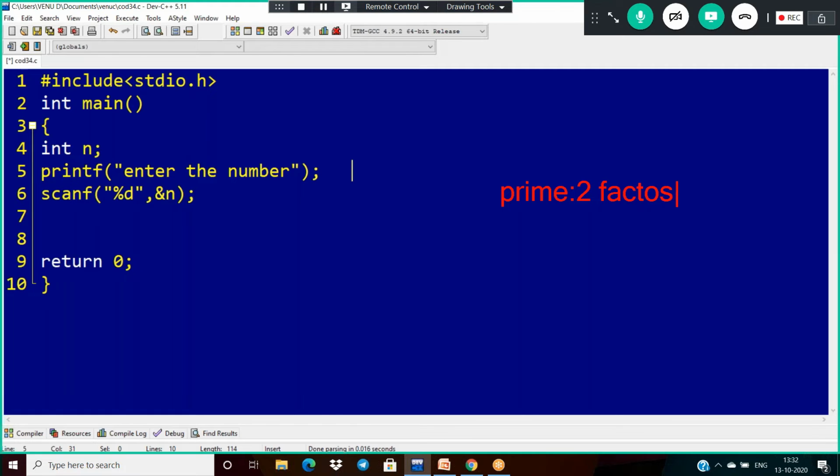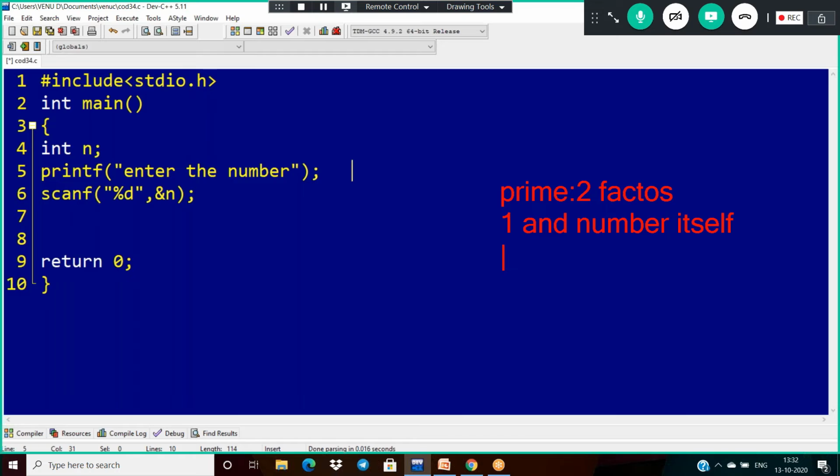One is 1 and the second one is the number itself. A number which has exactly two factors is called prime. And if it has more than 2 or less than 2, it is not a prime.